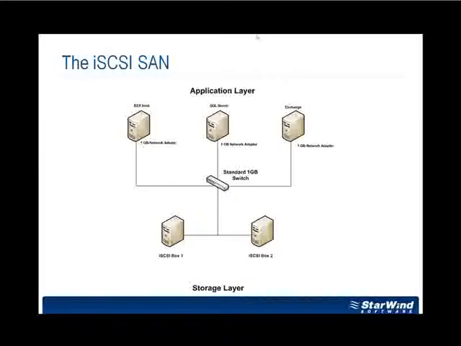You've got your application layer, and we've separated it out from the storage layer. I think the main difference here is we're really focusing on the utilization of commodity hardware. So, as you can see here, instead of proprietary Fibre Channel HBAs, we're using gigabit switching technology, so gigabit NIC cards in the application hosts. A standard gigabit switch that's going to serve as the iSCSI backbone, or the communication network that's going to be